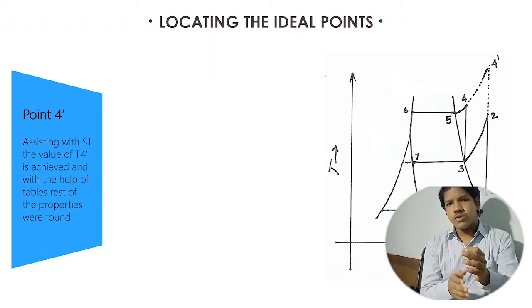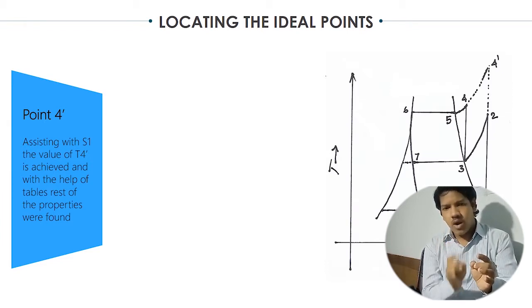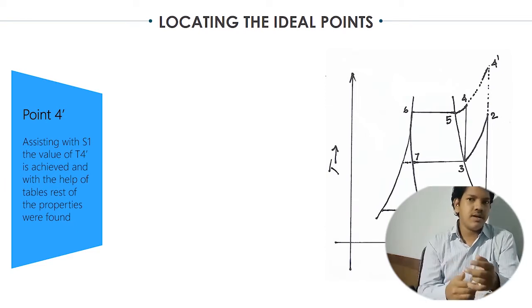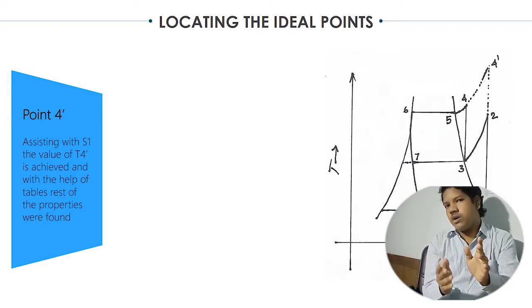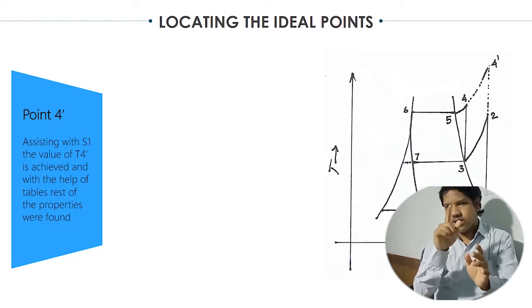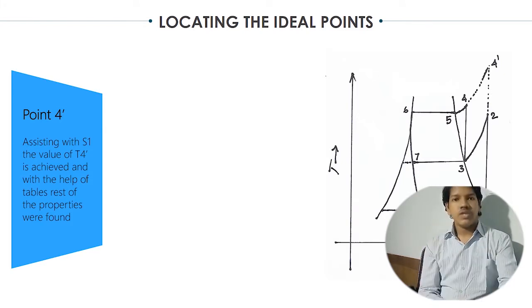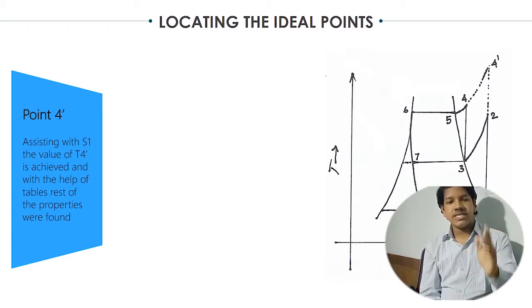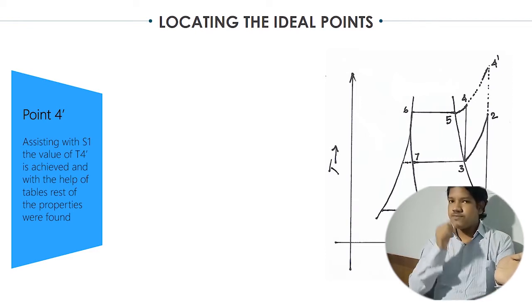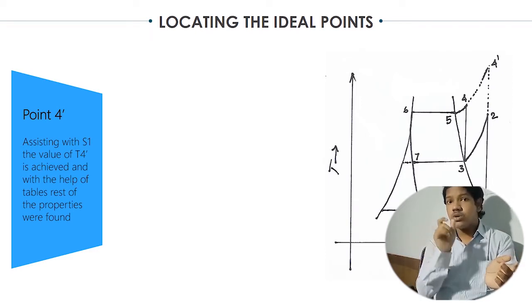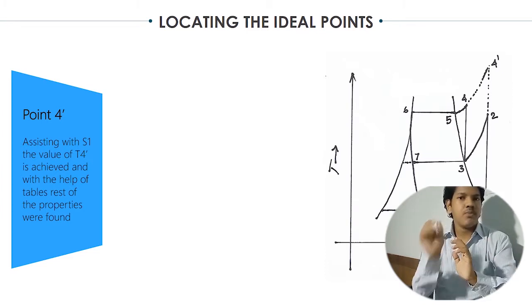This is the most important point, and with this point we are going to start the total calculation. As we can see, the entropy for the points 4 dash, 2 as well as 1 is the same, as it's a perpendicular line, and we all know in this TS diagram, on any perpendicular line all the entropies are the same. From that we have the entropy of point 4 dash, with the formula H4 dash is equal to H5 plus Cp times (T4 dash minus T5). With this formula we can calculate H4 dash, the enthalpy of point 4 dash, but for that we need to know T4 dash, the temperature at point 4 dash.